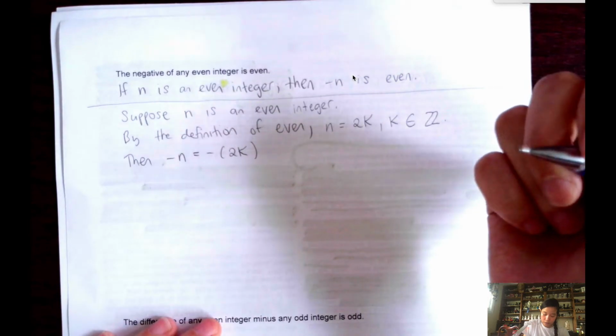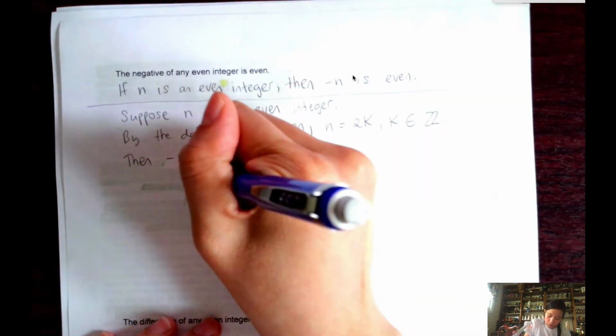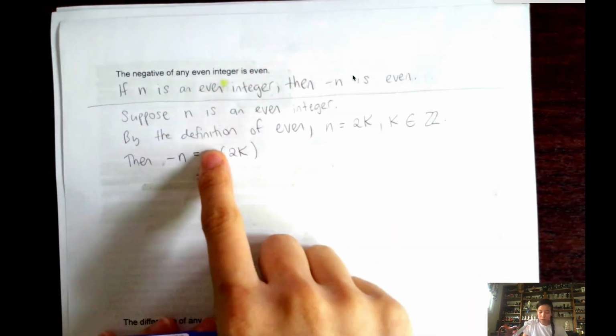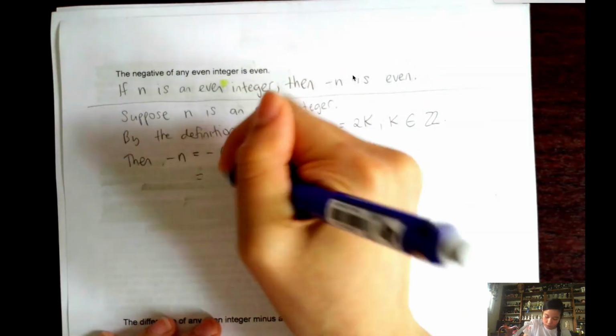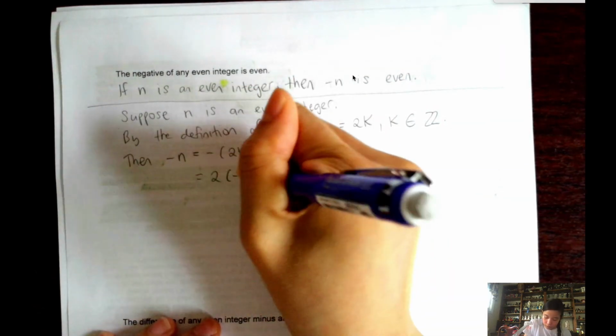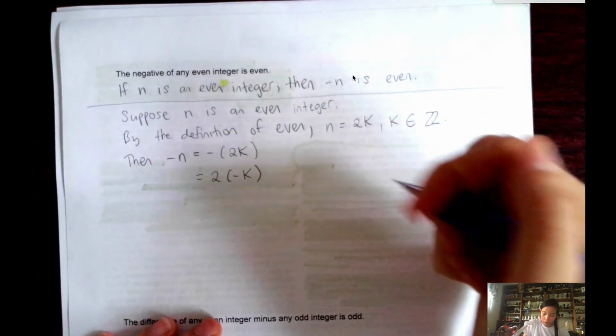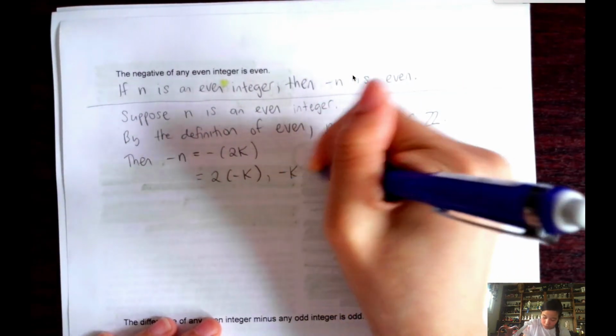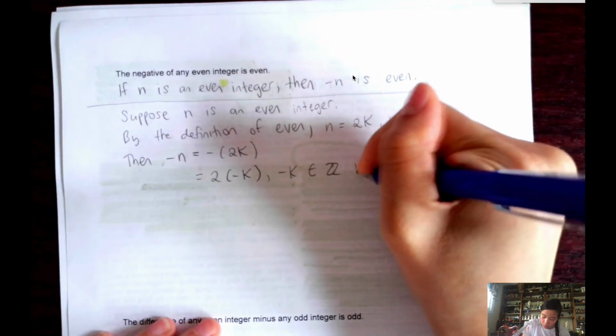And then we could rearrange the negative sign. So instead of negative 2k, it could be 2 times negative k. And we know that negative k is an integer because